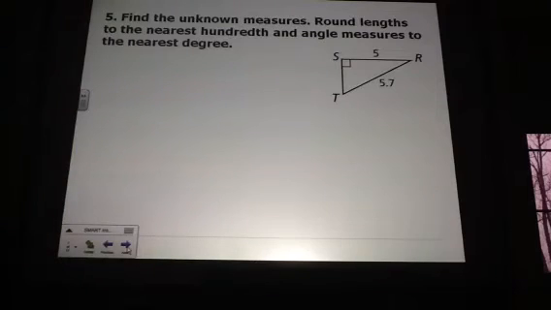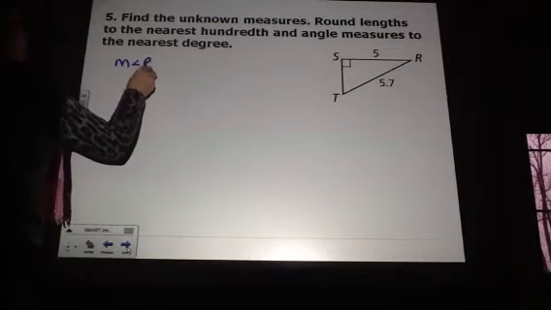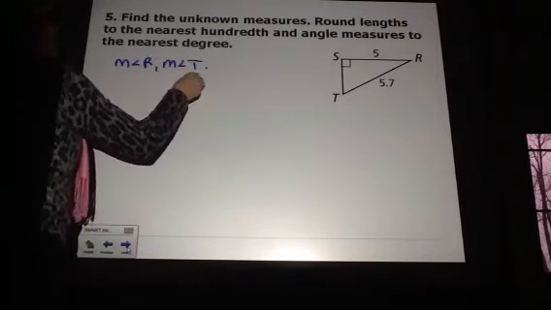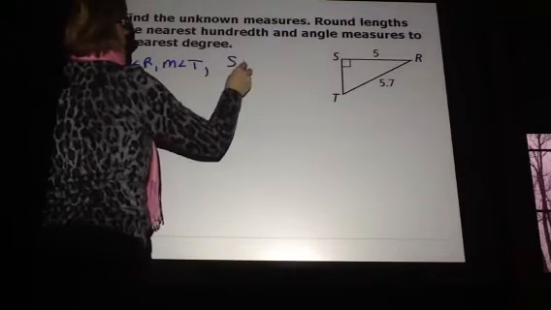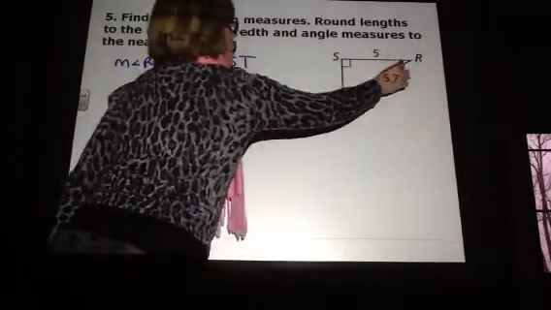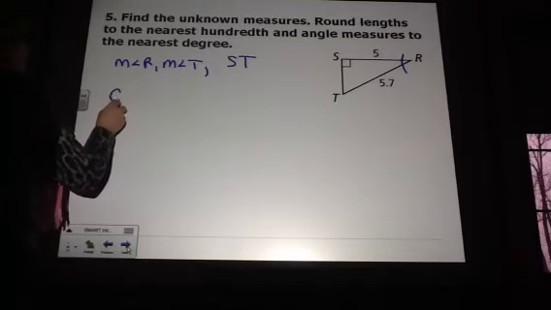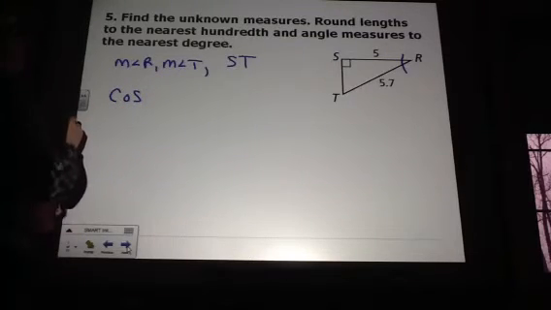Find the unknown measures, round lengths to the nearest hundredth, and angle measures to the nearest degree. Okay, so what do we need to find here? We need to find the measure of angle R, the measure of angle T, and segment TS. Let's look at the measure of angle R here. So I have hypotenuse and adjacent. So if I take the inverse cosine,